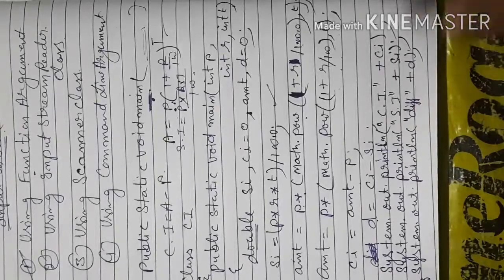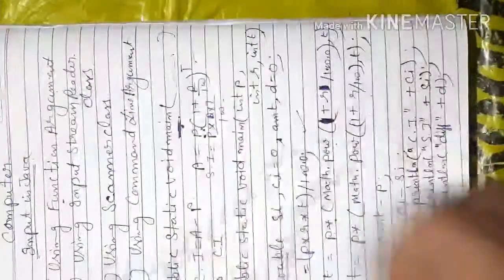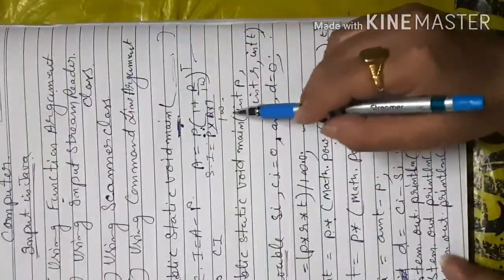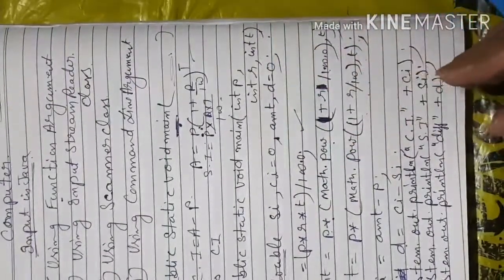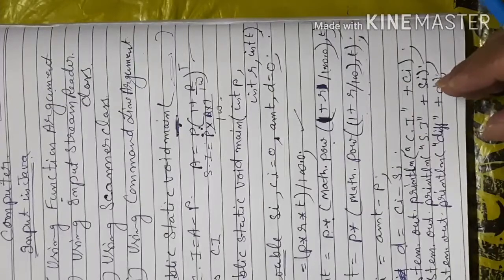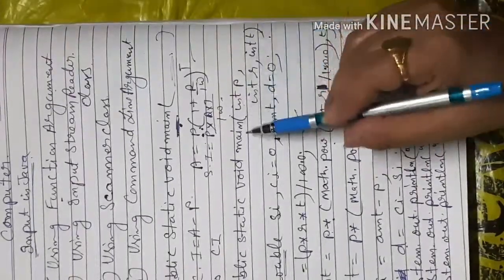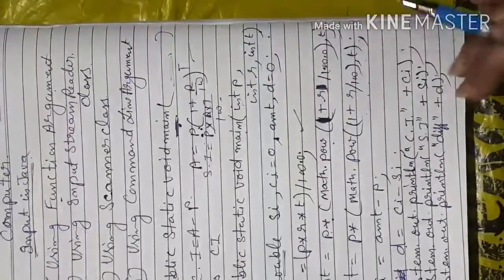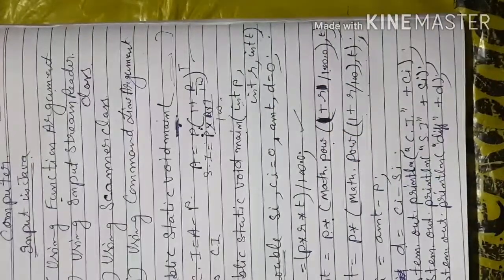But the main thing is from where we take the value. Here we use function arguments, we take the value from the function argument, not the command line. We can also use the command line later, but that is a different way to represent the argument. These are what we call the arguments of this function, and from the function argument, when we run the program, we take the values from the keyboard: principal, rate and time.